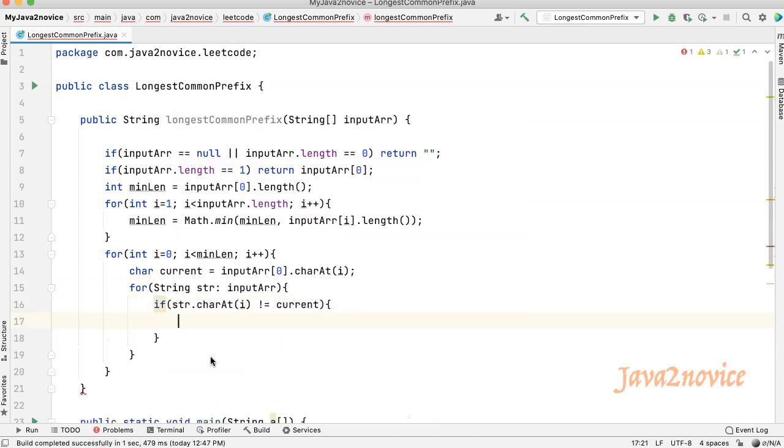If the character is not matching with any of the strings' current position character, then this character is not part of the common prefix. So consider the common prefix till the previous index alone and return back the result. We will use substring to extract the common prefix string.